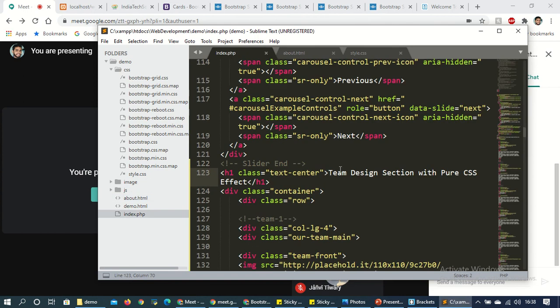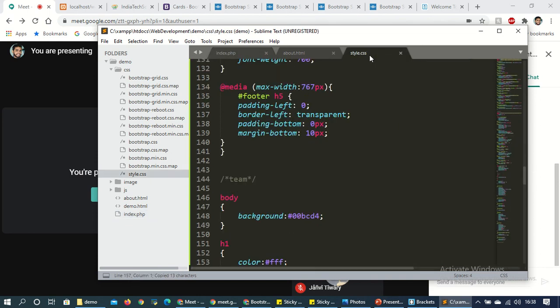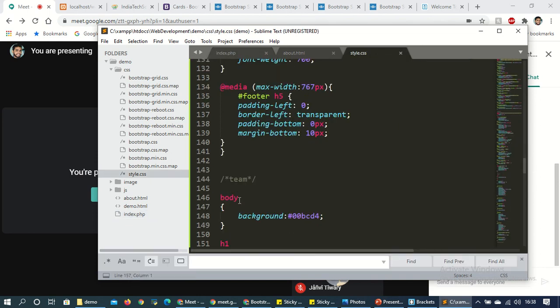Let's see. Div class container, div row. Okay, div class column lg, and this is the main class he has created. Now see this class, just copy it, and you can find it here in style.css where I have pasted it.